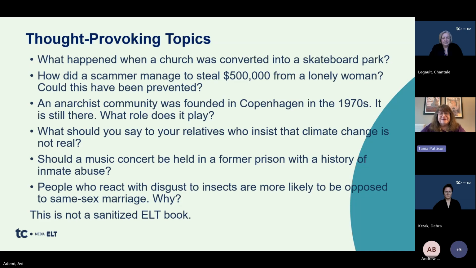We talk about an anarchist community in Denmark that was founded essentially by hippies and anarchist drug users back in the 70s, and it's still there. How does it function within a modern European city? We've got our climate change reading. We have one about